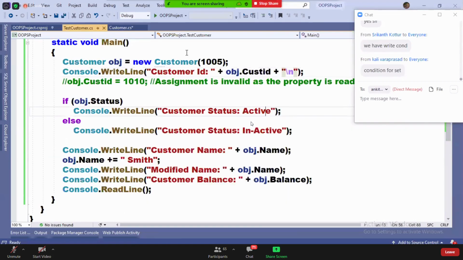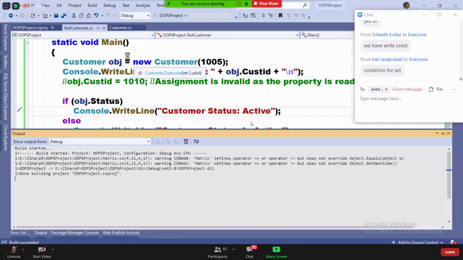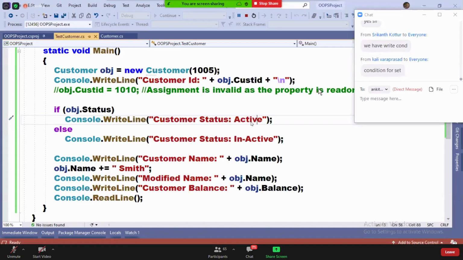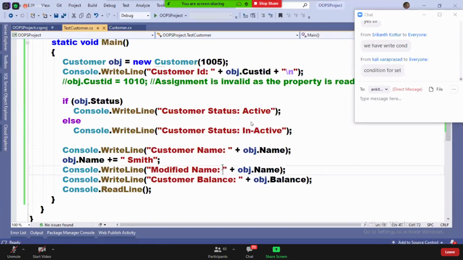Now come back, guys. When you come back, see now, the set operation will not work here. See, the modified name is also John only. Why is the modified name John? Because status is inactive.